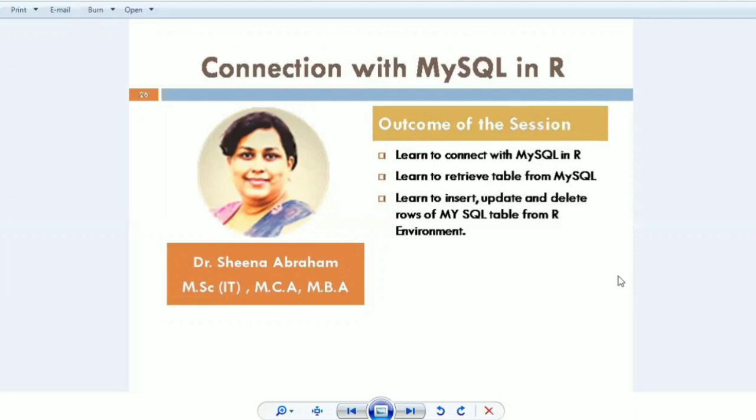The outcome of today's session will be learning to connect with MySQL in R, learning to retrieve tables from MySQL using R, and learning to insert, update, and delete rows of MySQL tables from our environment. So first of all, we will see how to write insert, update, and delete queries in MySQL. What is the syntax of that